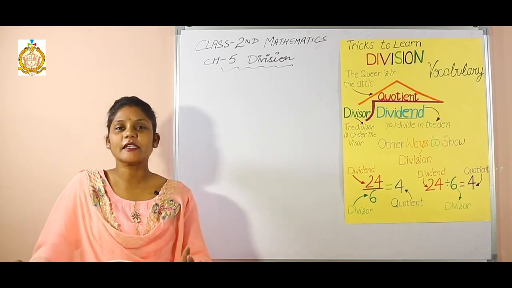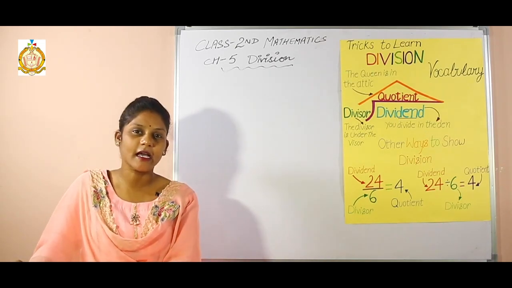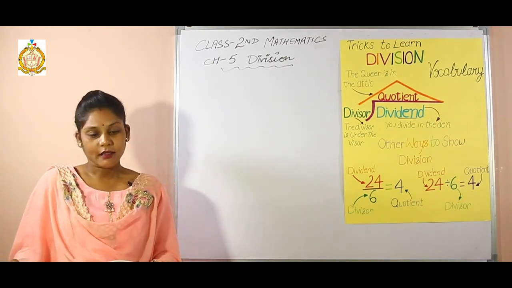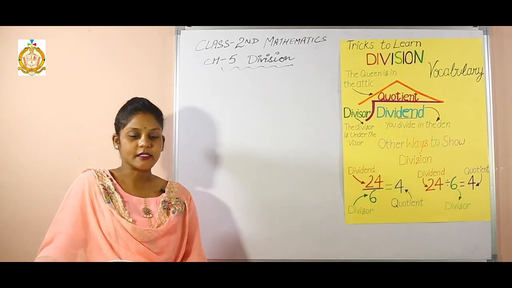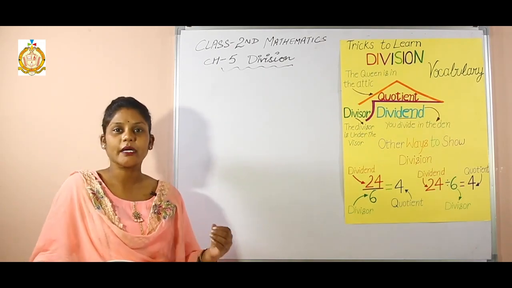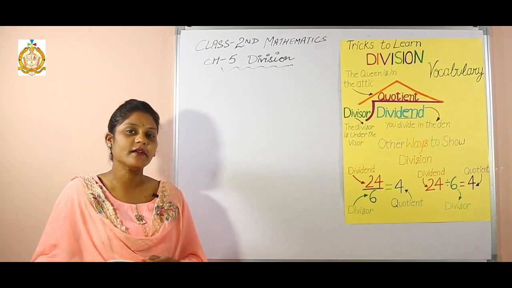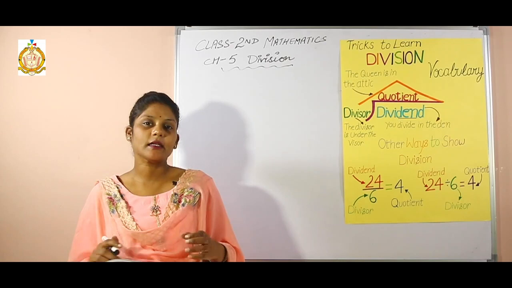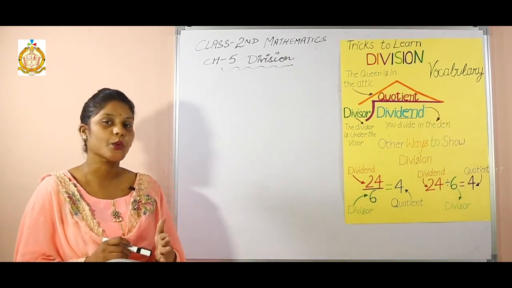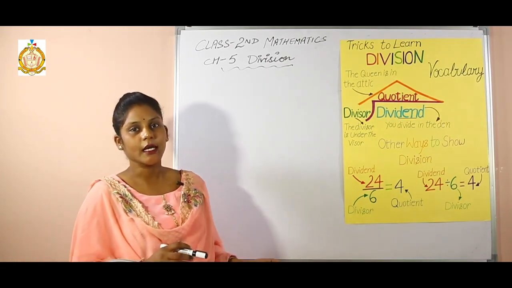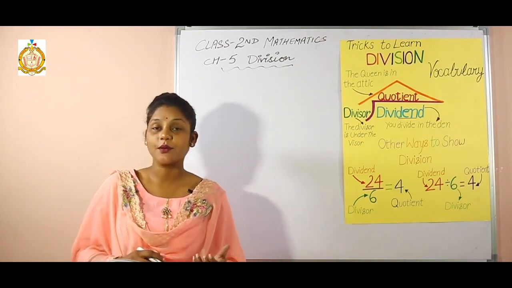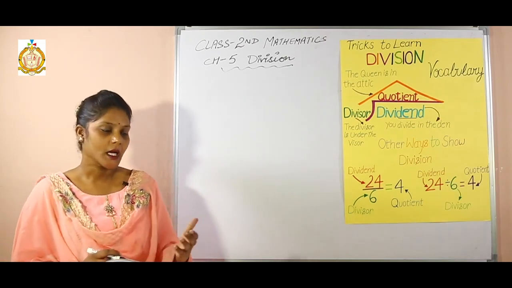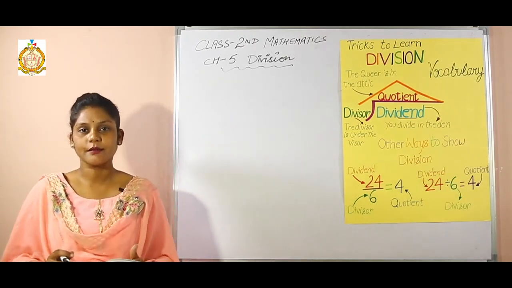Today, this is the second video from the second class, the concept of division, chapter number 5. In the previous video we had discussed the formula for the quotient, the divisor and the dividend, and we solved the exercise portion from 5.1 to 5.5. Today I want to explain the exercise portion of 5.6 to 5.10. In this video I want to complete all of this.